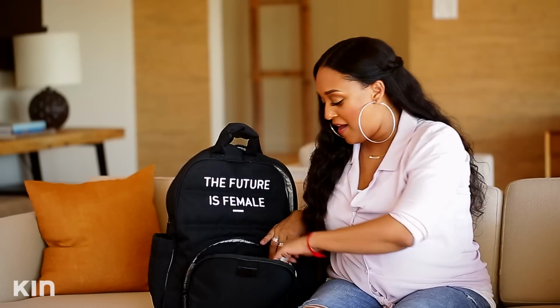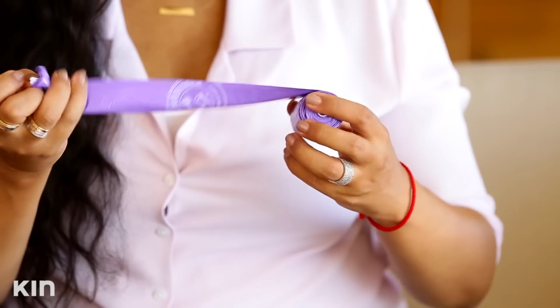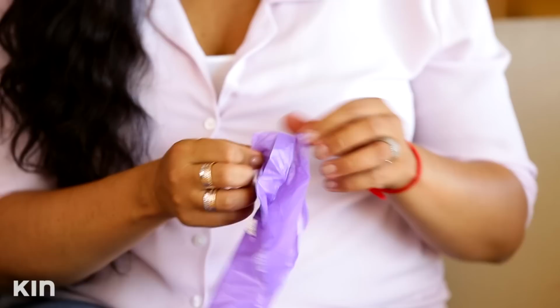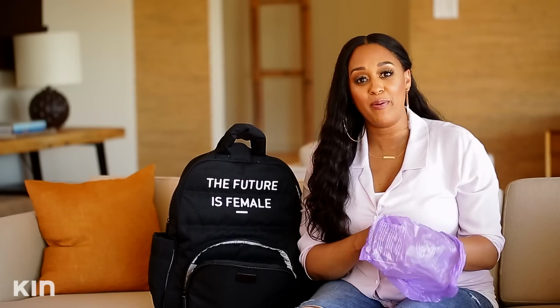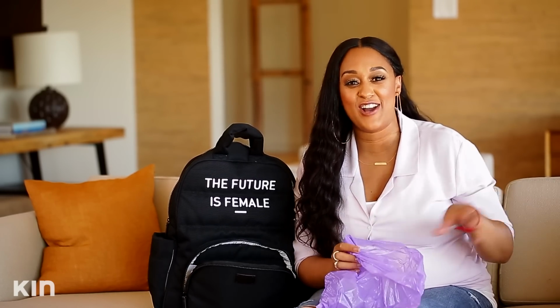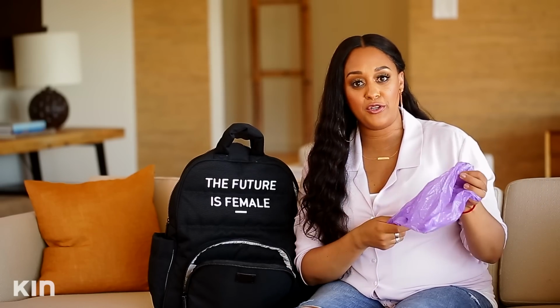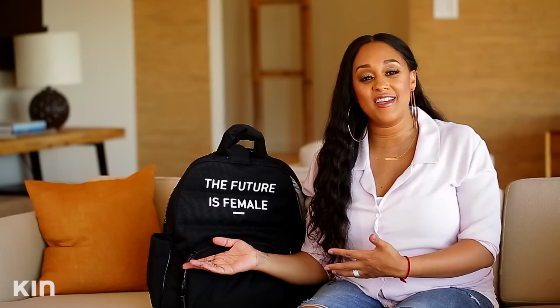I also have these really cool bags. So whenever they go potty, I just put the dirty diaper into one of these bags, and then I throw it away. See, I'm a good person. I just don't throw a dirty diaper in the trash. I like to wrap up everything and put the dirty diapers in a bag, and then I toss it. So that is everything that's in my diaper bag,